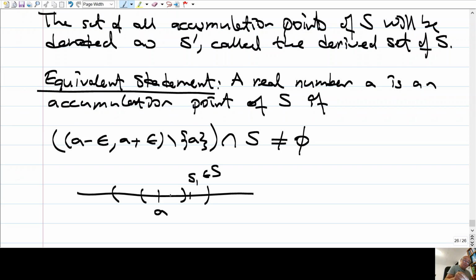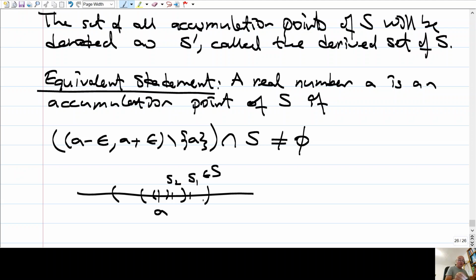So there is some S2 here. And since again S2 is not A, I can choose a smaller interval, leaving S2 outside, and choose another element S3. And this way you see I find a sequence of elements which are all distinct: S1, S2, S3, S4,